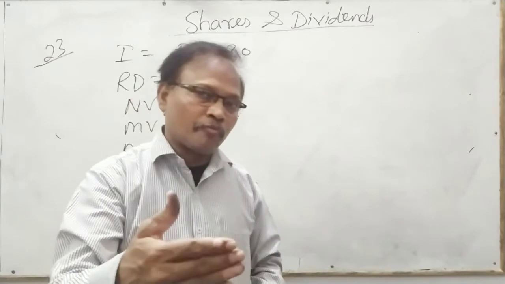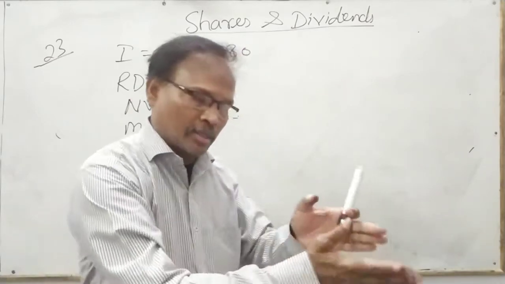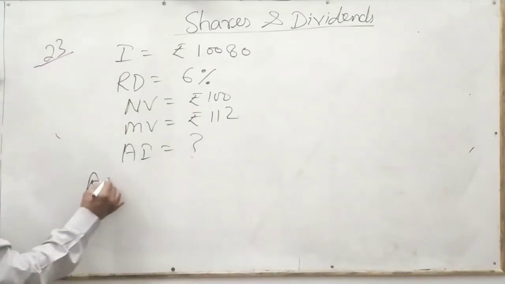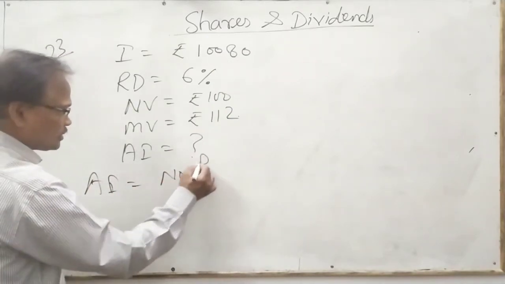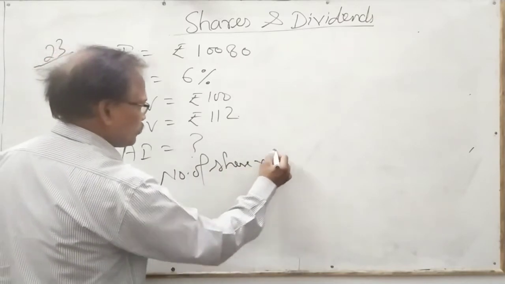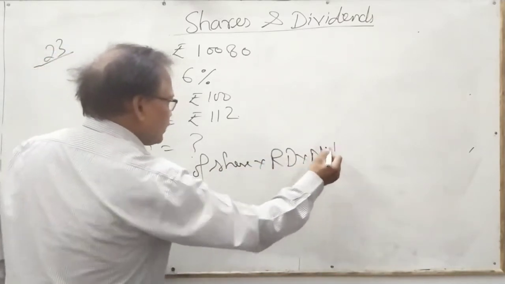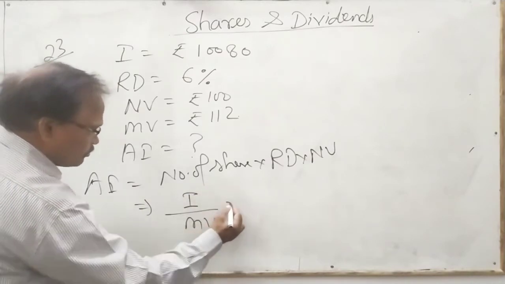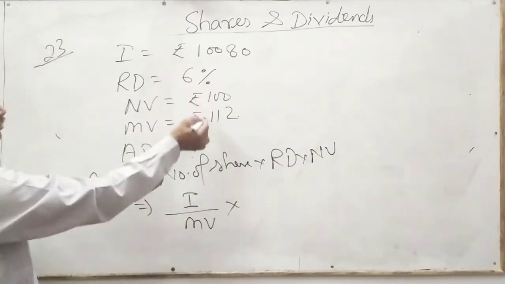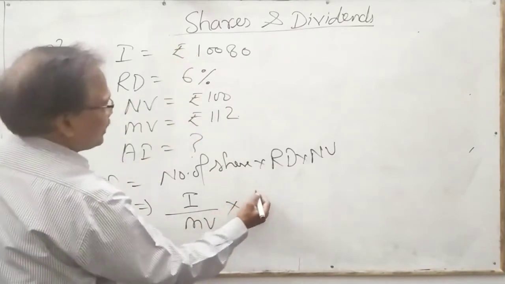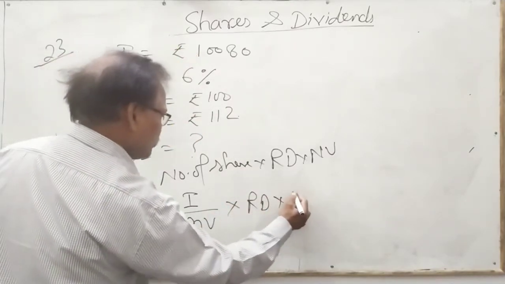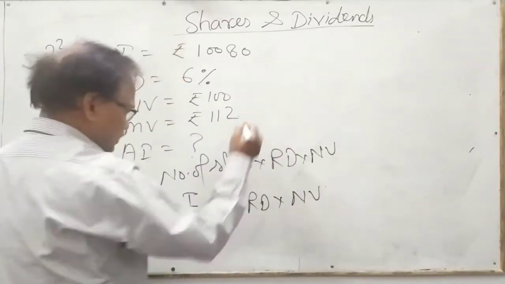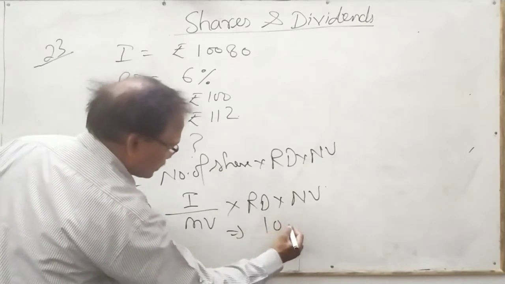For the annual dividend, as you know, you have to find the number of shares first. So what is the formula for the number of shares? You can calculate separately or directly, because the annual income is equal to number of shares into RD into NV. If you know the formula of number of shares, that is investment upon market value, you can put directly here and then put the values, because all values are given. And RD into NV. Can you put the values? Yes. So investment कितना है? In this case, the investment is equal to 10,080